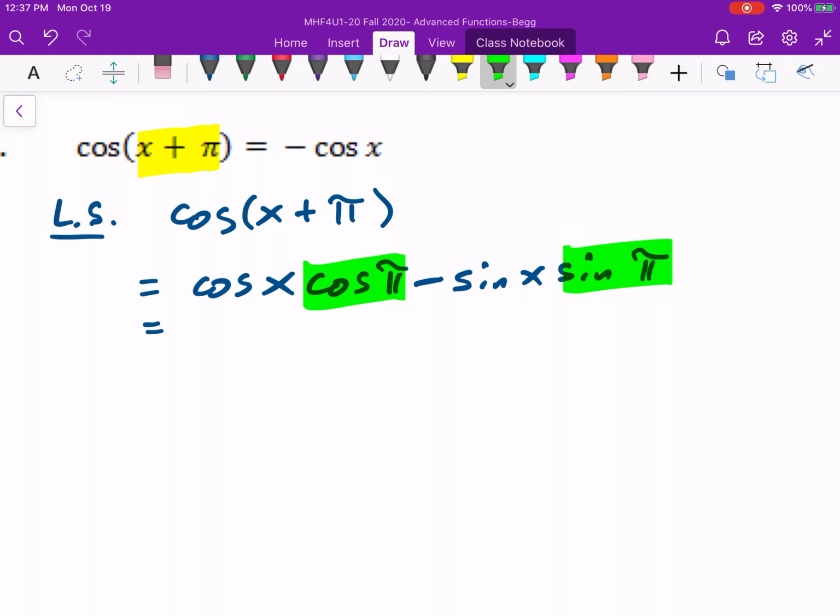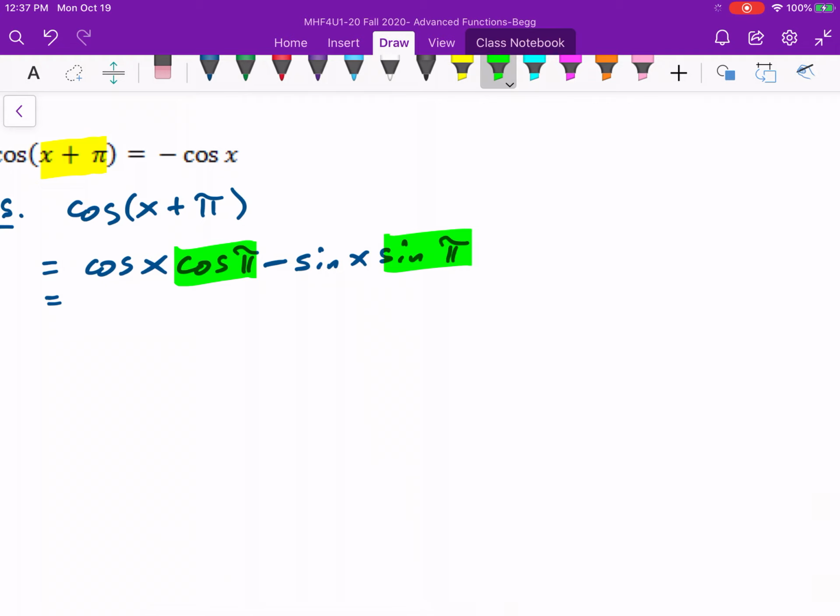These, cos pi and sine pi, are just numbers. Again, there's different ways of thinking about it, but when we have simple ones like pi, let's just draw a sketch. Might be the easiest. Here's a cosine sketch, and one cycle is 2 pi. Here's pi here. So cos pi is going to be -1, since it goes down to -1. So I know that cos pi is -1,